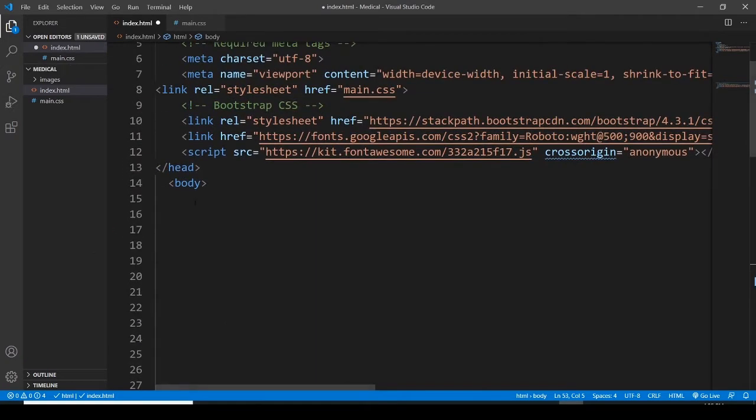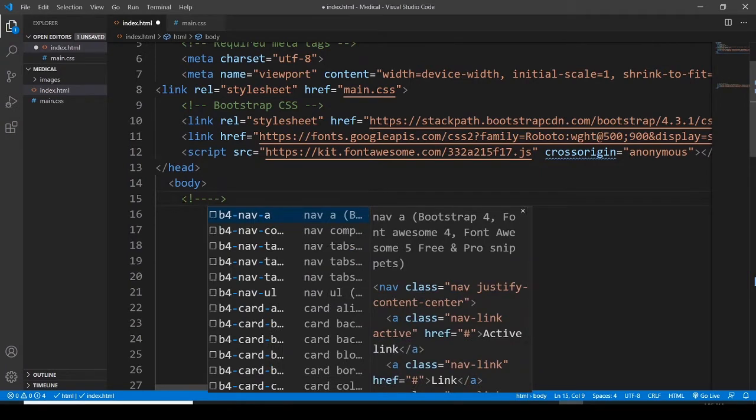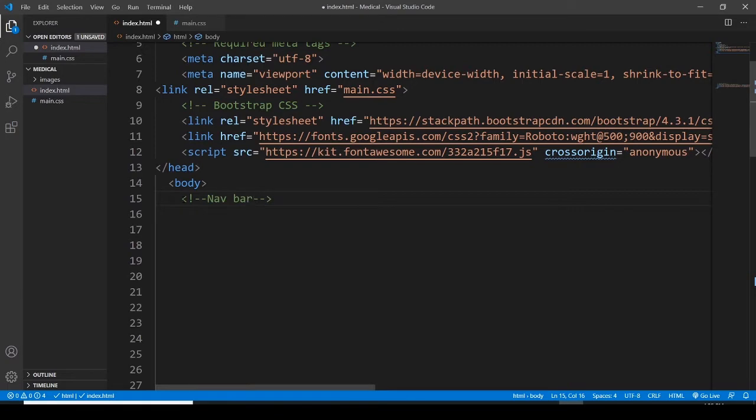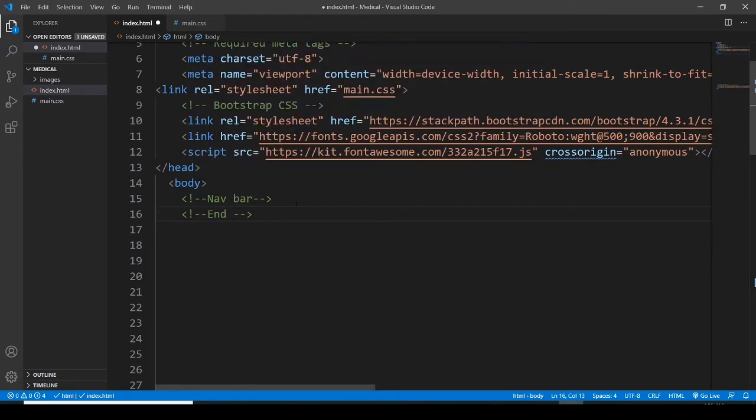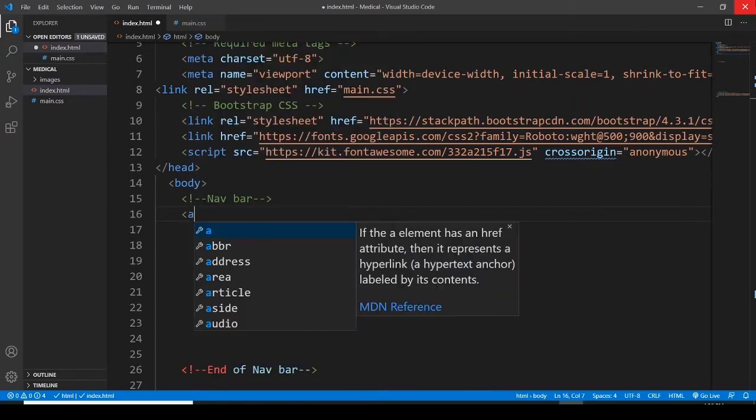And here in the body section, I want to start the code. First of all, I would like to go with the comments, nav bar or nav, and then end of nav bar. Within these comments, actually, I want to start writing my code. So the first one is nav,